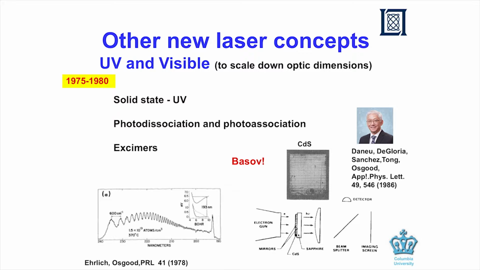This is another laser based upon using cadmium sulfide, which was sliced up into little squares, and you could use an electron beam to excite it. And this laser was used by MIT Lincoln Laboratory to try to make a demo for interspace communication using deep UV light. They weren't going to use cadmium sulfide, but something else. But the reason I also put it up here is because